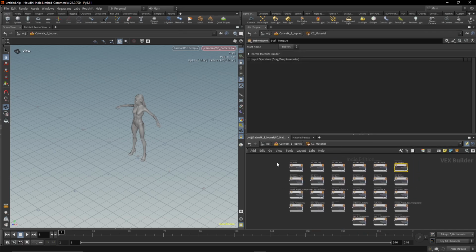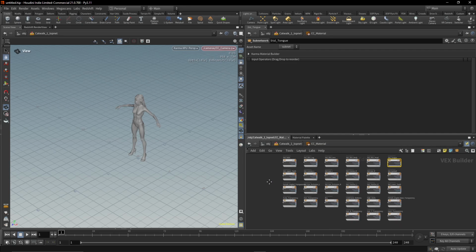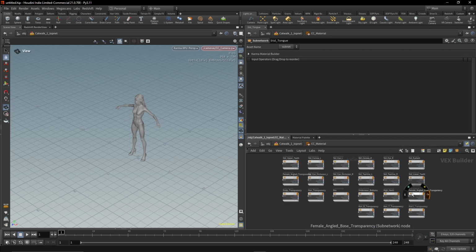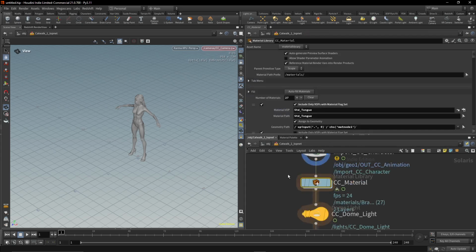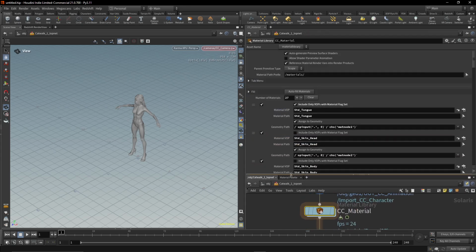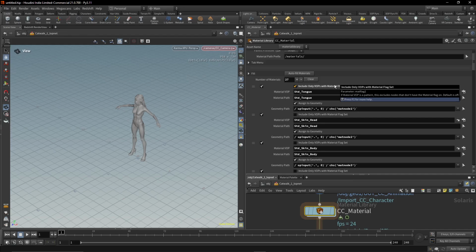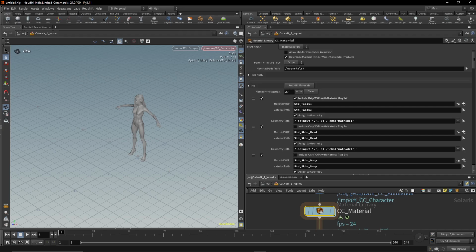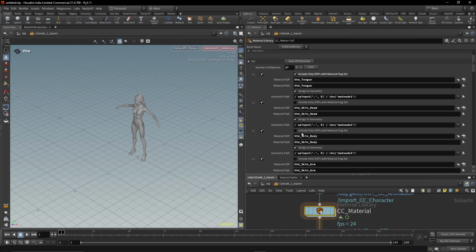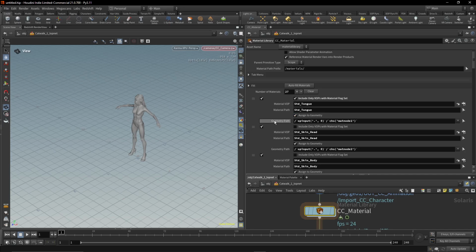And you can see it creates all these textures, right? So it's 27 total. And if you hop back out, you'll see what this does. When you click autofill materials, it's going to autofill everything here, but it doesn't fill in a geometry path. And so what I did to get the correct geometry path is I fed it